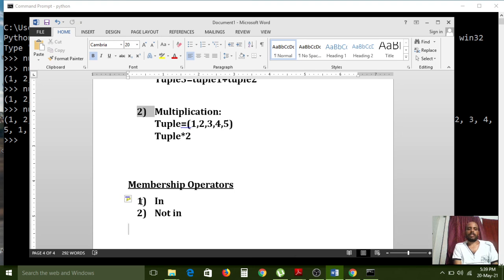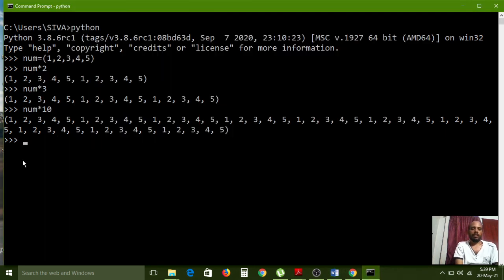Now we have to see. In the actual numbers tuple, how many elements do we have? 1, 2, 3, 4, 5. Now I would like to check. First, x equal to 3. The numbers tuple contains 5 elements, 1, 2, 3, 4, 5.